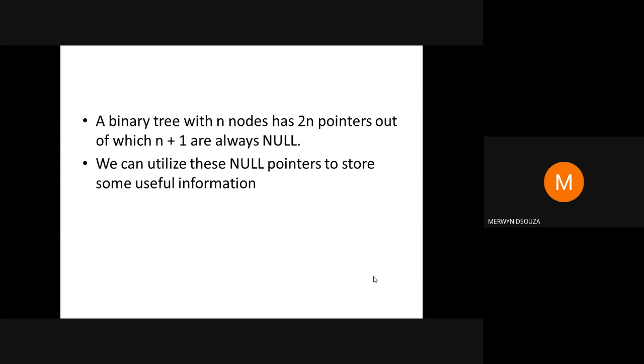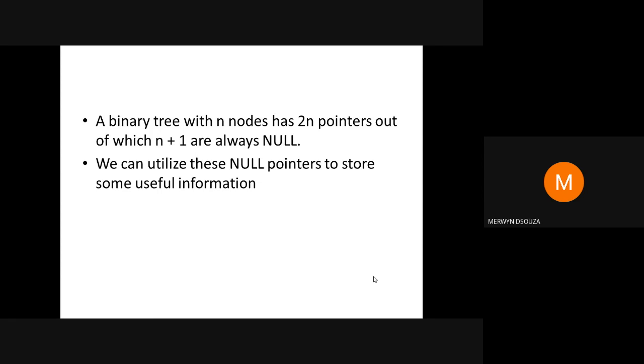Remember that when we are allocating memory for a node, when we are doing the linked list representation of a binary tree, memory is allocated for the left pointer, for the data value, and for the right pointer. Now if you are storing null in the left and the right side because it is a leaf node, memory gets wasted, in a way. So to avoid that, we try to do something known as a threaded binary tree. So that is one of the reasons why threaded binary tree is needed.